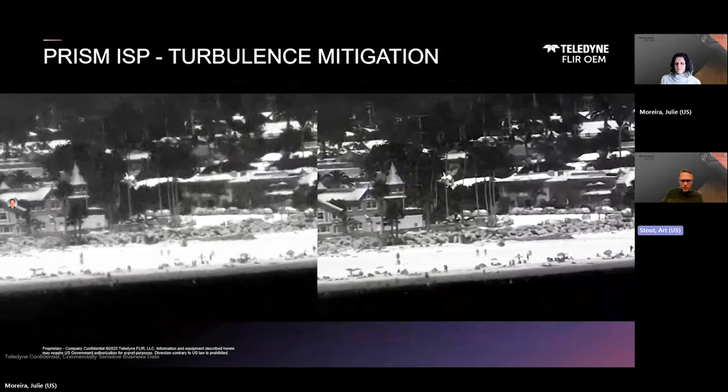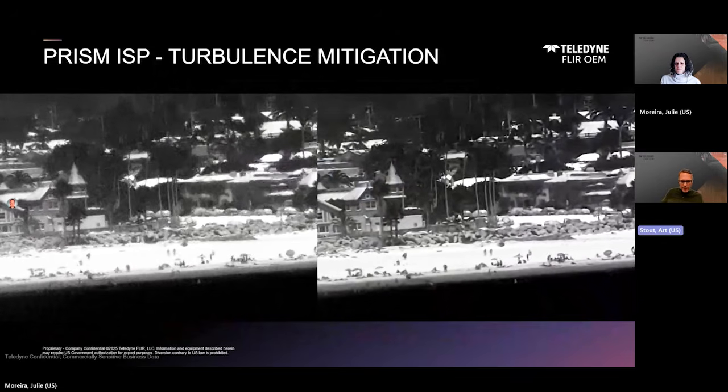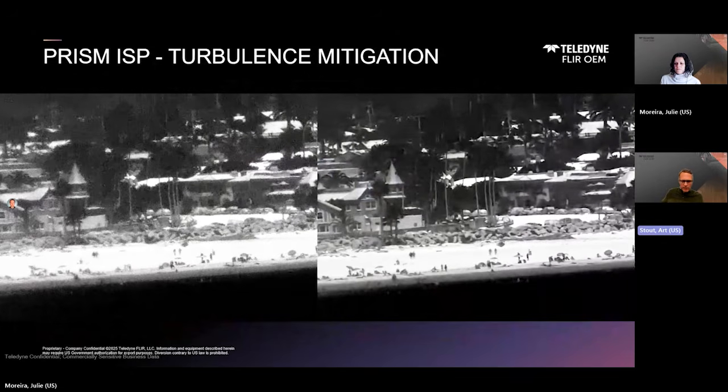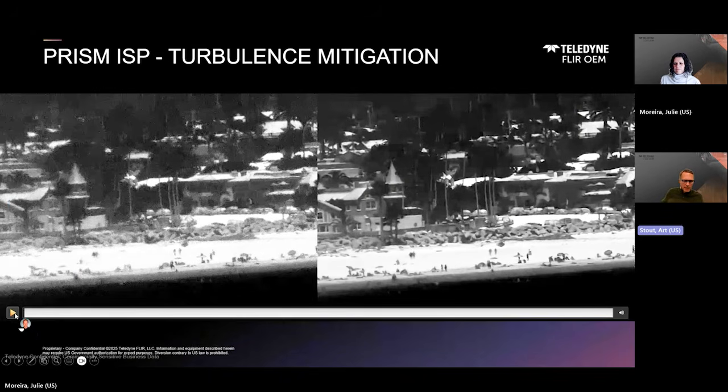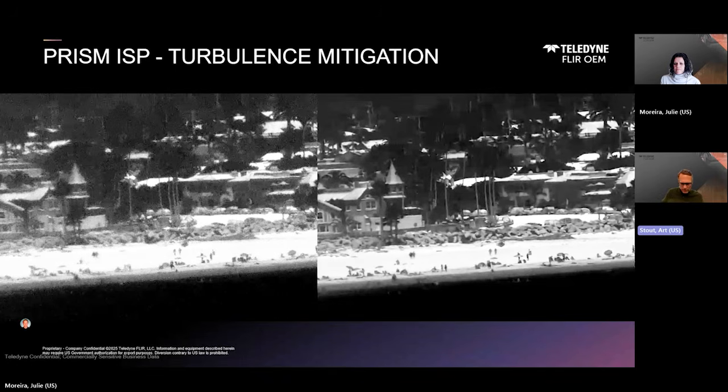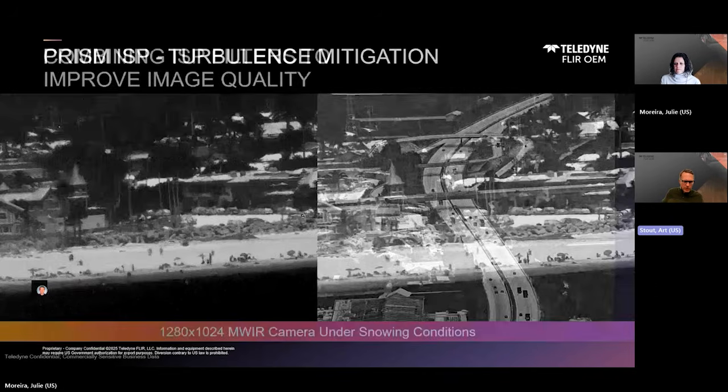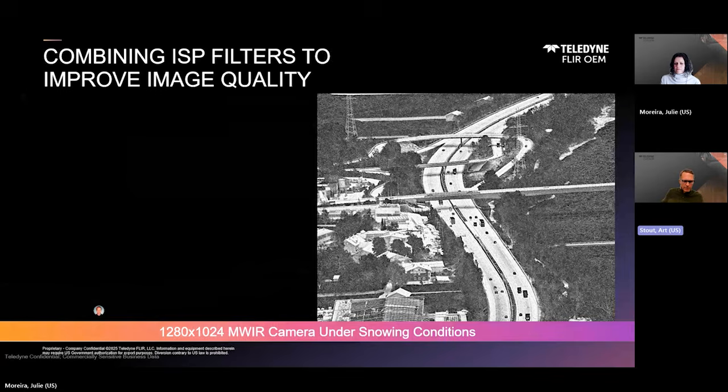Turbulence mitigation deals with the effects of the turbulent atmosphere. When you get ground heating effects, you get air currents, and those air currents refract the infrared energy between the target emitting the energy and the camera receiving it. And that's common across all the spectrum, whether it's the visible spectrum or the infrared spectrum. And when you're looking at long-range applications, there's the ability